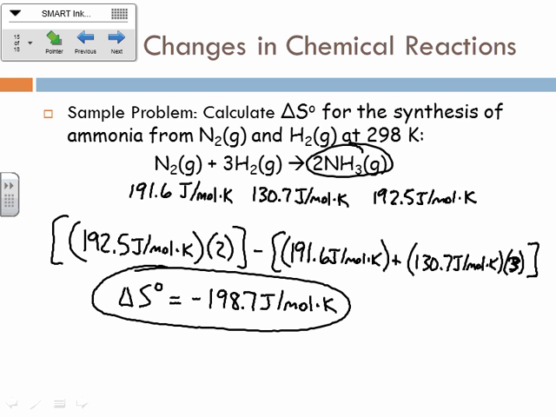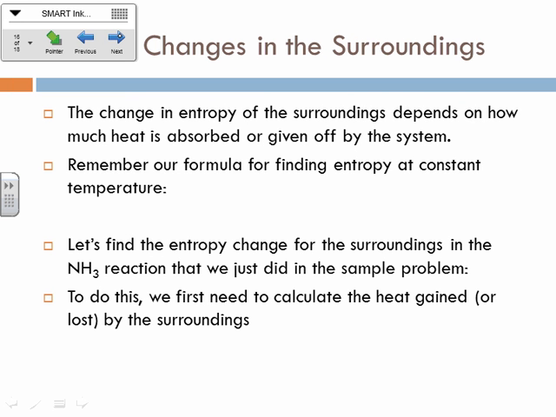So this right here is not necessarily a favorable change. It doesn't seem like it at first glance here, because, you know, this is getting more ordered, okay? Which is not the way that the universe tends to go, okay? But the thing is, if this becomes more ordered, but the surroundings become even more disordered, so that the overall entropy change is greater than 0, then this might still happen spontaneously, okay? So, change in entropy of the surroundings depends on how much heat is absorbed or given off by the system.